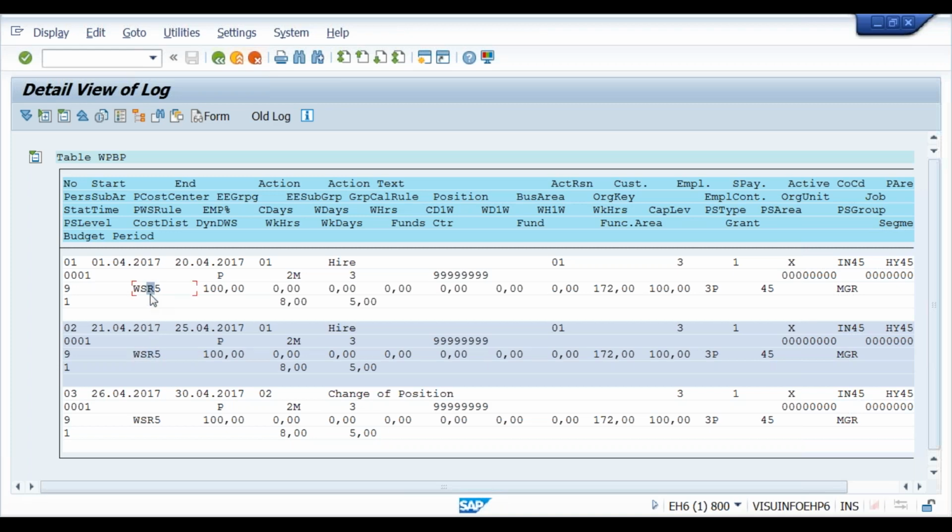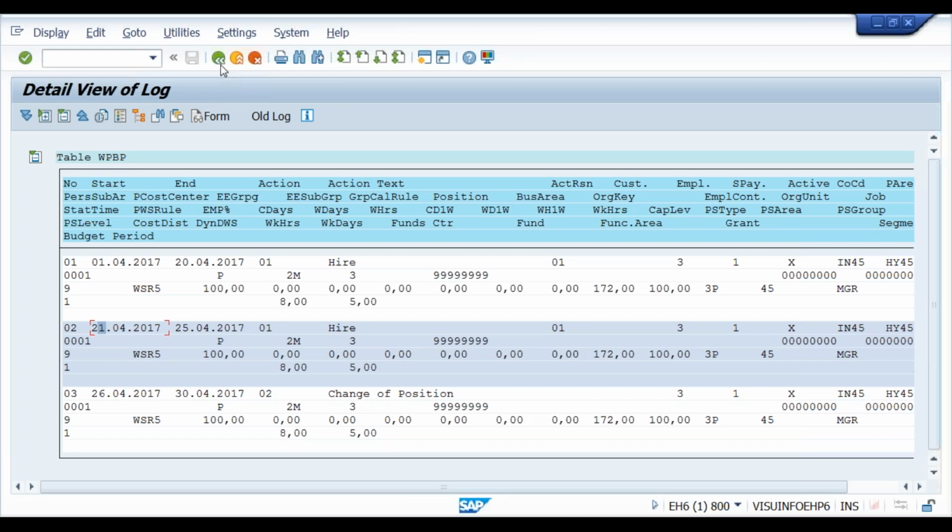There is a different way of calculating the bonus in Hyderabad. It depends on the validity of that record of the bonus, and it should apply the formula. For example, if that record is updated with a date between 01 and 20, then the bonus is calculated with the formula applicable to the Hyderabad location. If I update the same bonus with a date after the 21st, then it would apply the formula which is applicable to the Bangalore location.